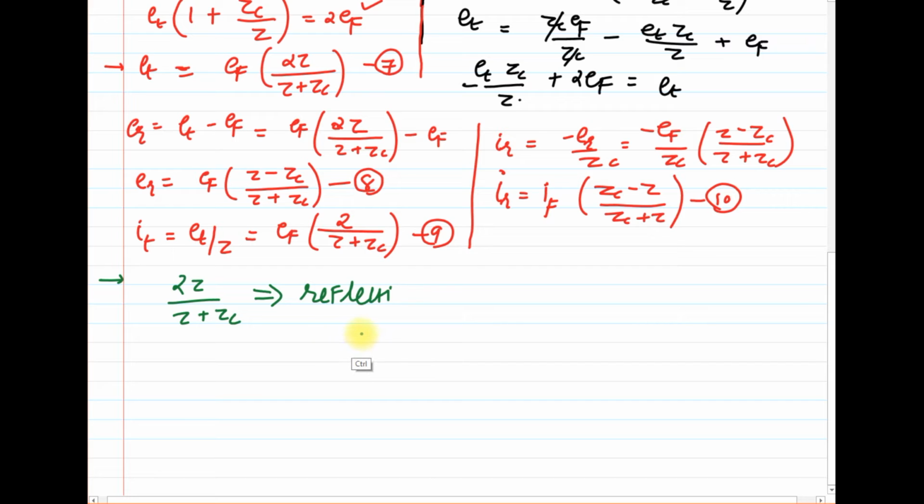So yes, it is the coefficient of refraction. It is equal to the transmitted or refracted wave. So I can say it is the coefficient of transmission or refraction